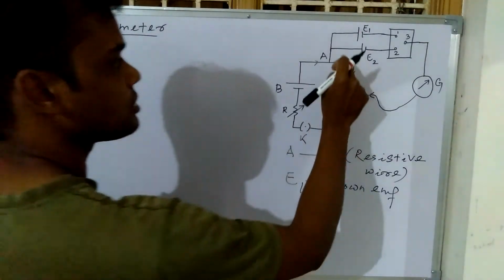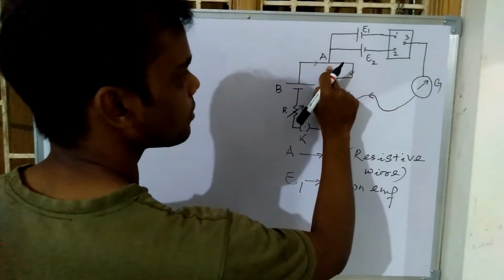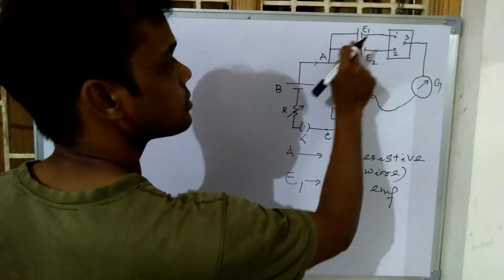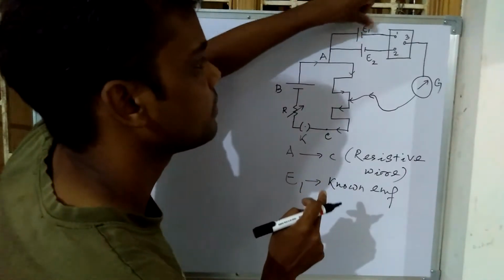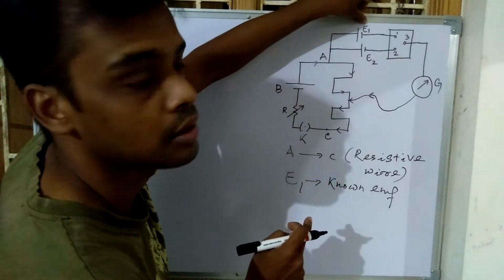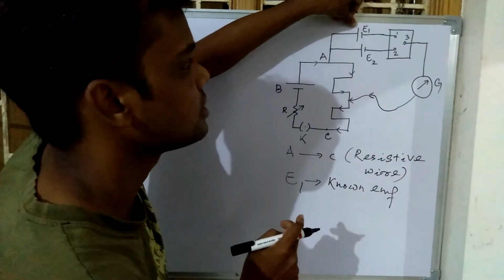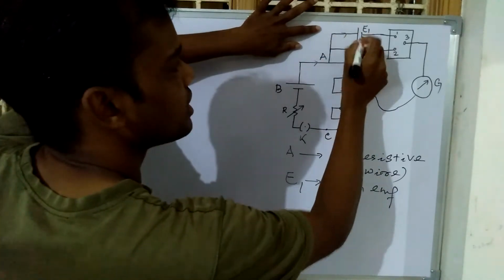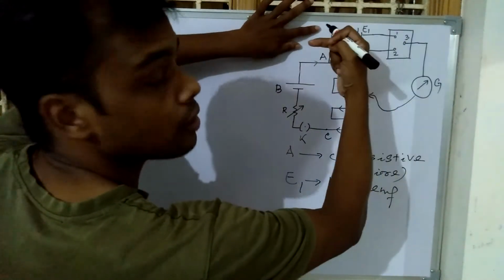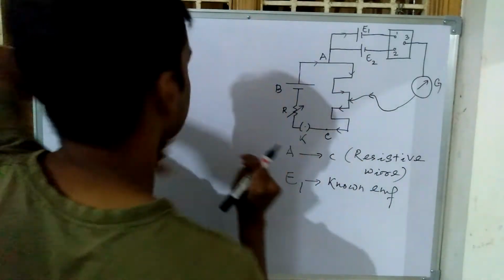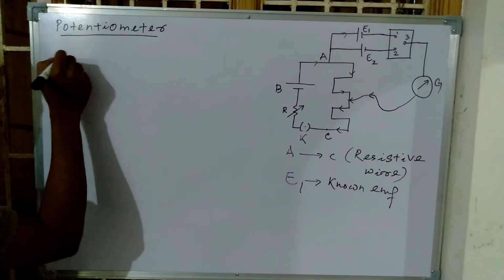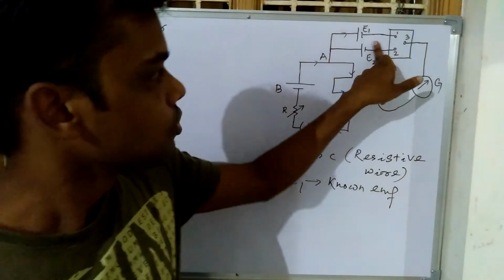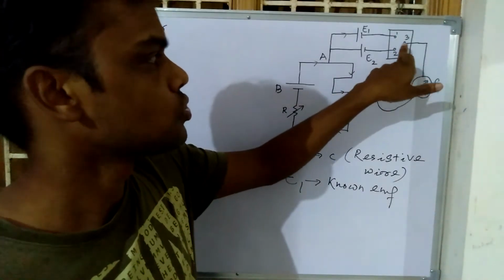Okay. So let us start from A. If you start from A, suppose the current is flowing like this. Now the first element the current faces is E1. E1 is a cell which is decreasing the potential. You can see current is entering here. If current is entering, E1 is opposing it. That's why it will be minus. So first I shall write minus E1. Okay. Then go through 1, 3, because this is a simple connection, so no need to worry.